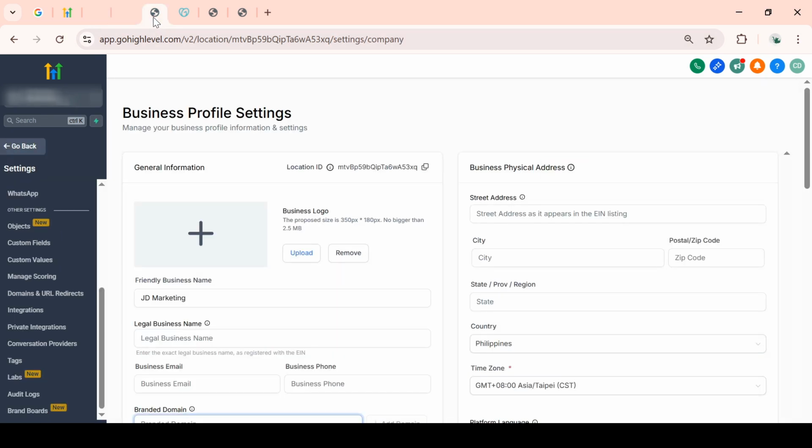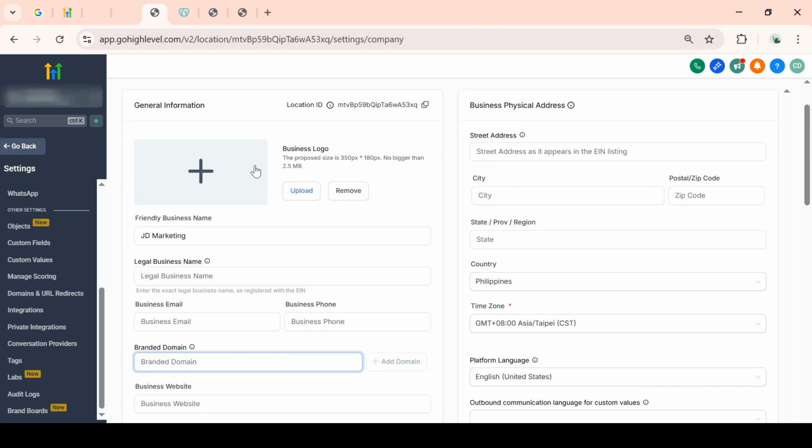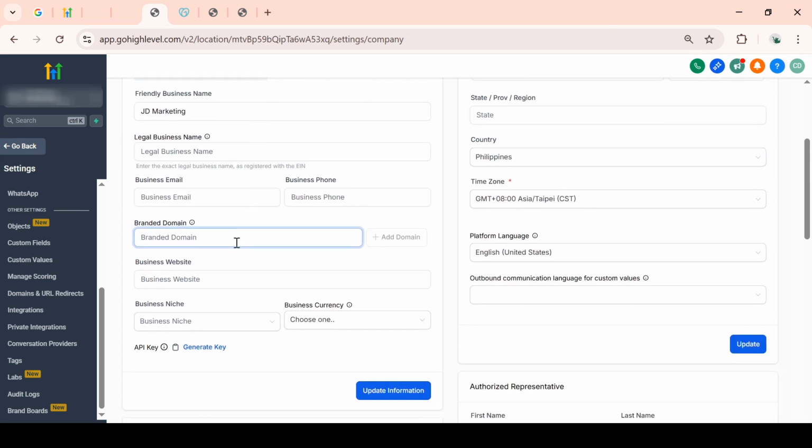Now that you're in the Domains section, your next step is to look for the Add New Domain button. Click on it, and you will see a prompt asking you to enter your domain name. You can input your domain here in the format of yourdomain.com, or, if preferred, www.yourdomain.com. It's important to ensure that you enter the exact domain name you own or plan to use for your